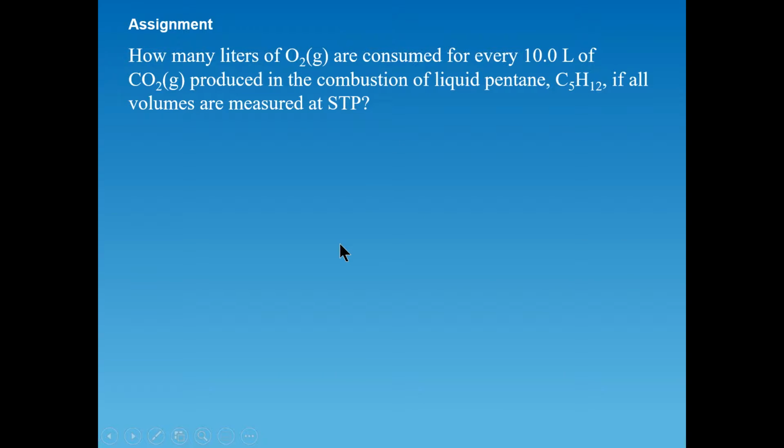Okay, so here's the example based on what we have just covered. The question says, how many liters of O2 are consumed for every 10.0 liters of carbon dioxide produced in the combustion of liquid pentane, and it gives you the formula for pentane, if all the volumes are measured at STP. Okay, so the first thing we need to do, as is the case for all stoichiometric type problems, is write down the balanced equation for the reaction. So based on the information provided, we can see that one of the reactants would be C5H12, which is a